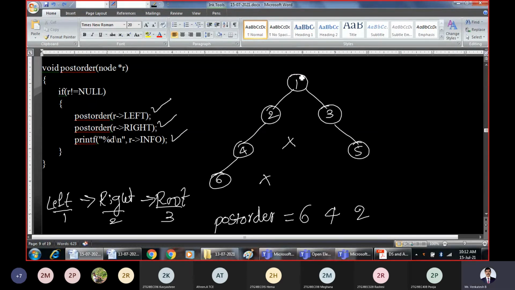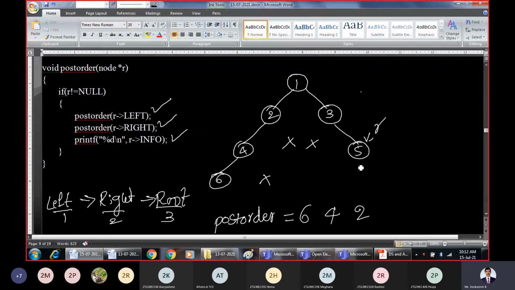Okay. That means whenever we are at this level, we will go down towards right. This becomes the node of interest. We will not print this. We will print it at the end. So whenever you are present at this node, apply the rule. What does the rule say? Left, right, root. Again, when you are present here at 3, is there a left child for 3? No. Is there a right child for 3? Yes, it is there. Then go towards right first. Now 5 is the node of interest.